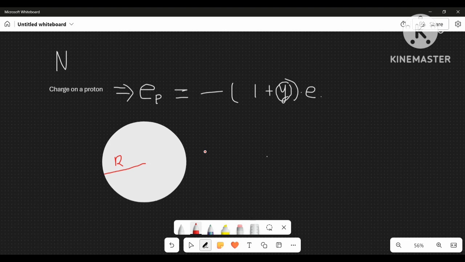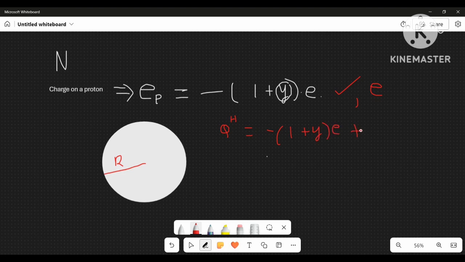Now, talking about hydrogen atoms, what is the charge on a hydrogen atom? Now we should be able to find that out. We have the information about charge on a proton. We know the charge on an electron is minus E. So what is the charge on a hydrogen atom? The charge on a hydrogen atom, let us denote that as Q_H. It becomes the charge on a proton, which is (1 plus y) times E,